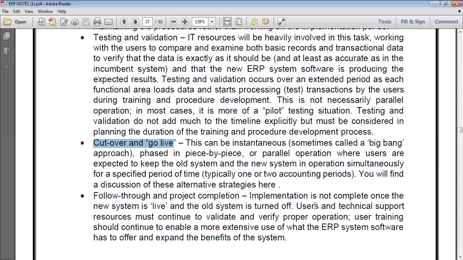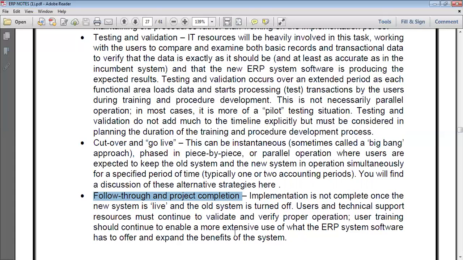Next one, follow through and project completion. The implementation is not complete once the new system is live and the old system is turned off. The users and technical support resources must continue to validate and verify proper operation.